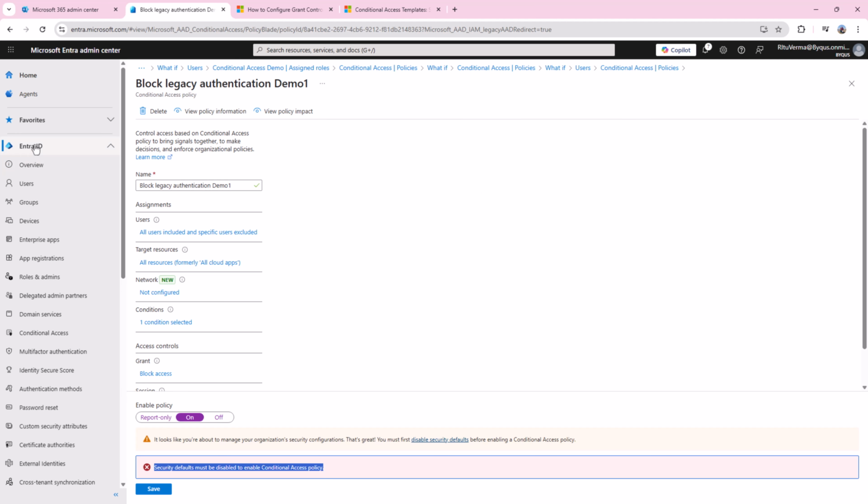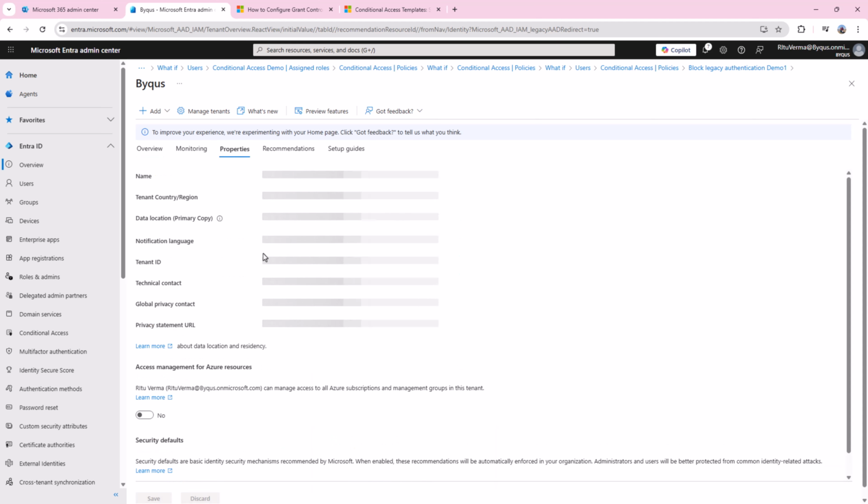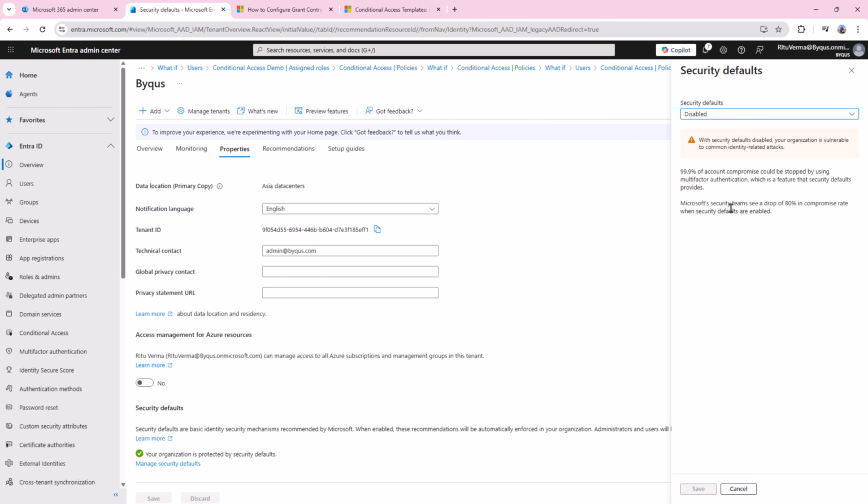So we'll go to overview and we will go to properties, and in properties we'll scroll down and manage security defaults. We go ahead and turn it disabled. It says to disable you have to select one option.